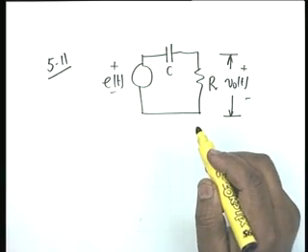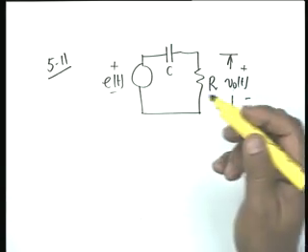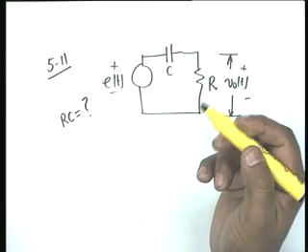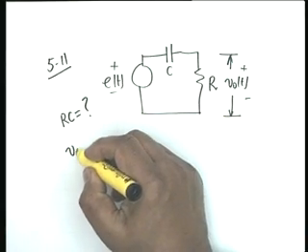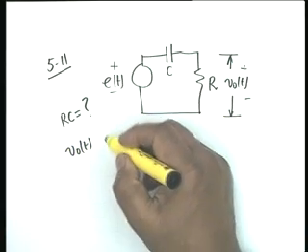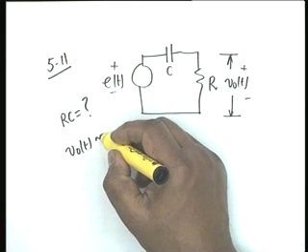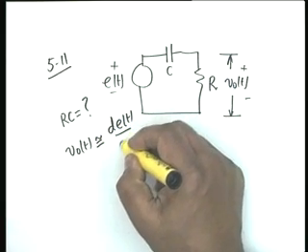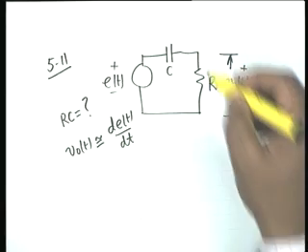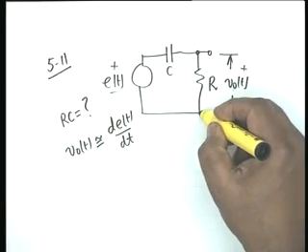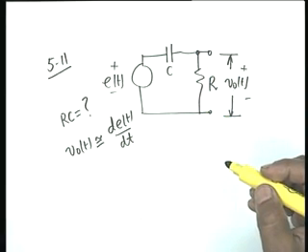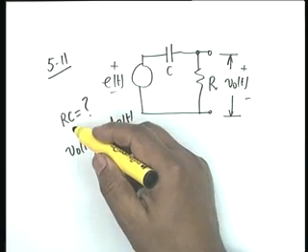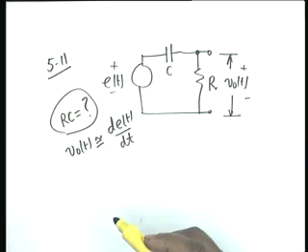Find the requirements for the RC time constant such that the output voltage V0 of t should be approximately the derivative of the input voltage dE/dt. This circuit, as you know, acts as the differentiator for a certain condition on the time constant CR. This is what you are required to find out in this problem.